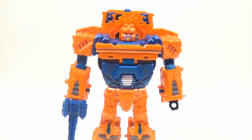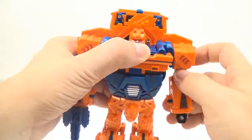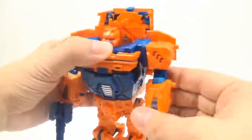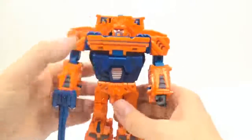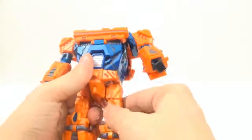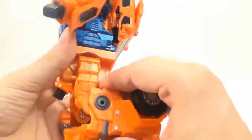For his arms, there's basically two different joints that it uses. It uses a ratcheting joint that goes forward and back, but it gets hindered because of this. If you want to move it out, then it's actually this joint right here. There's nothing in the arm right here or anything. He does have an elbow joint, and then you come down here to the wrist, it does swivel, and then you come down here to the waist, and you can swivel at the waist. Then the hips are on two different ratcheting joints, so you have the forward and back ratcheting joints, and then you have an out to the side ratcheting joint. So you see you have those two different joints, and then you have your knee like that,